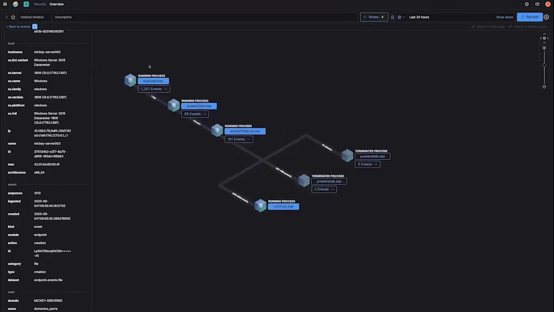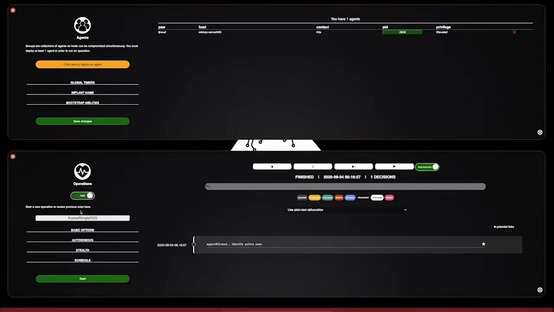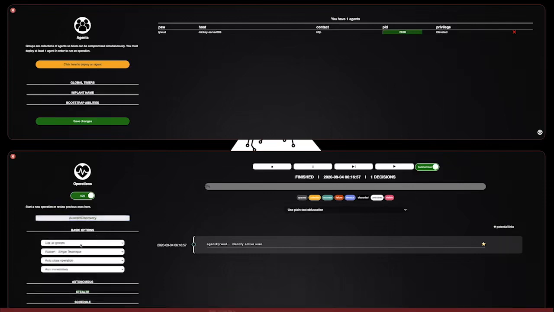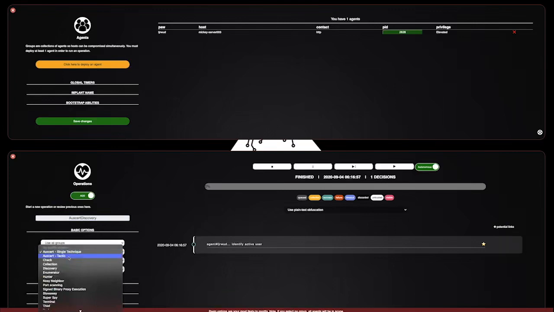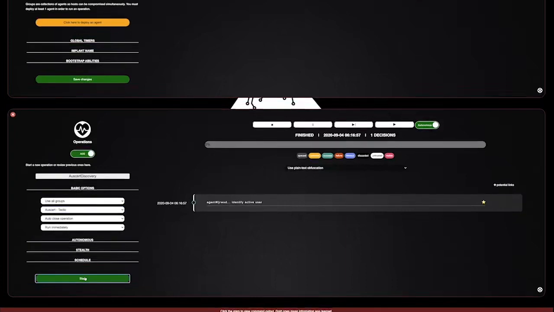But this is just the start of the events. This is the start of your campaign. If you want to actually go a little bit further, you can start to build out a bit of a picture. So network events will go back now. So let's go something that's a little bit more noisy. And what I'm going to select this time is add another campaign, and we're going to call this, let's call it discovery. And we'll select, I could do single technique, I could do the tactic. I'll just select the tactic, why not? And I'm going to start that, and this is going to take us some time.